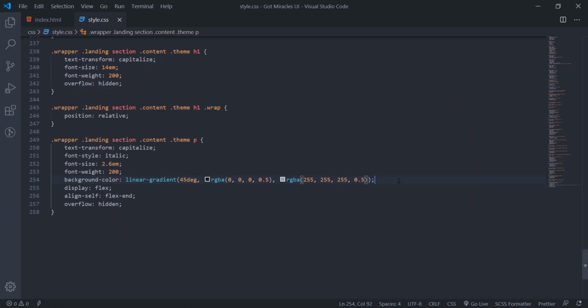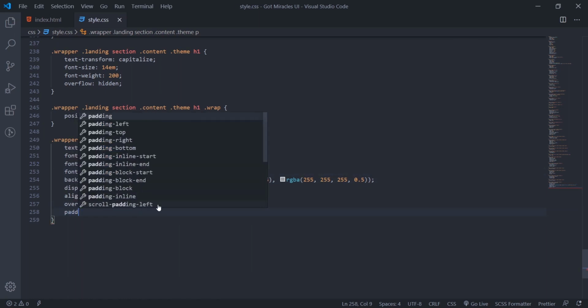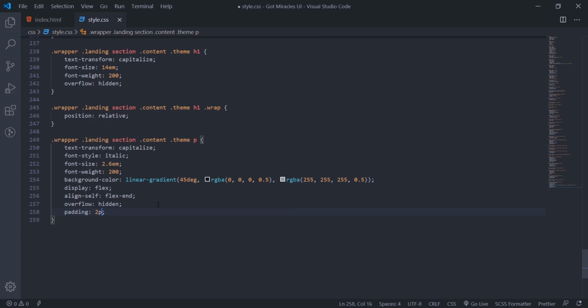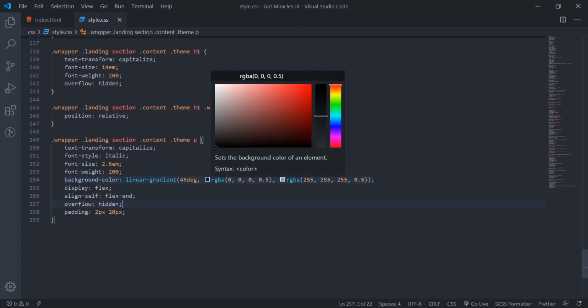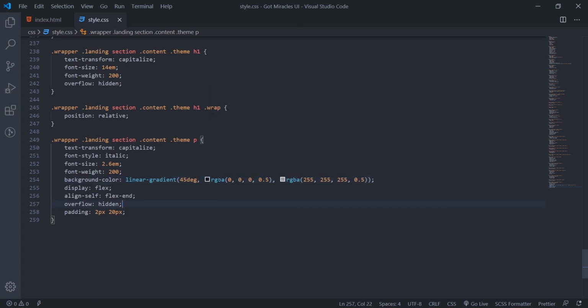What did we do wrongly here? Background color, linear gradient. We'll set padding. We'll say 2 pixels top and bottom, and 20 pixels left and right. Then make sure this value is correct, deg.